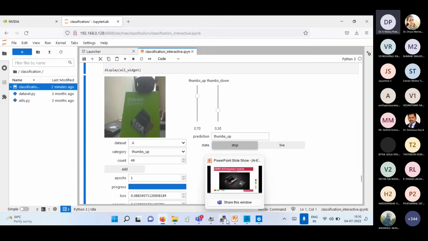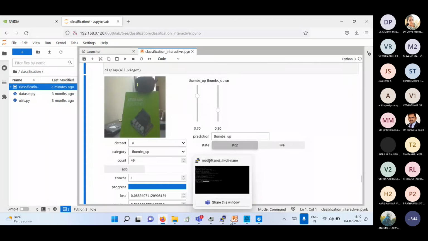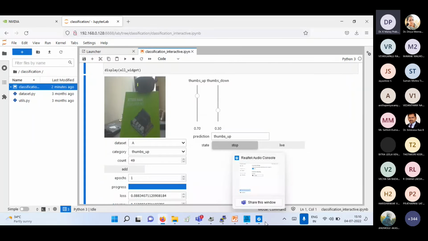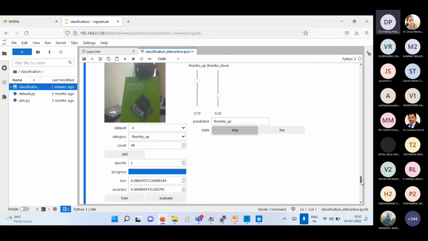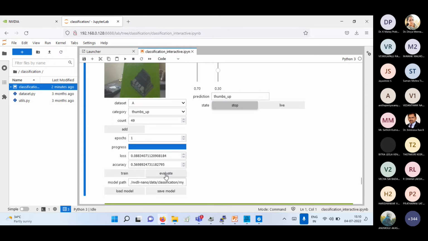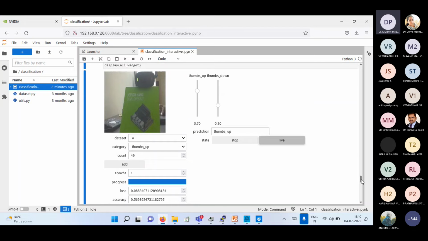Okay, any questions? Anybody have any questions? So that's all about the demo. I can show that, but it takes some time due to the poor network connectivity. Any question?